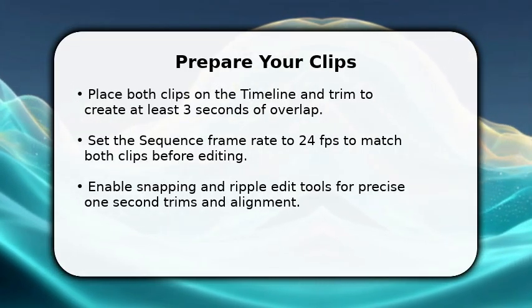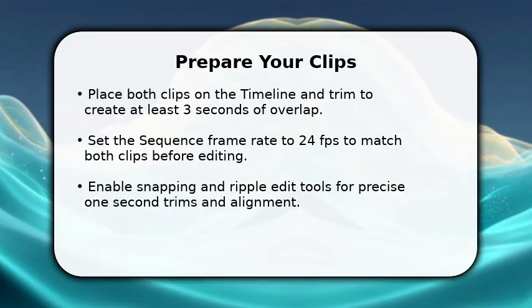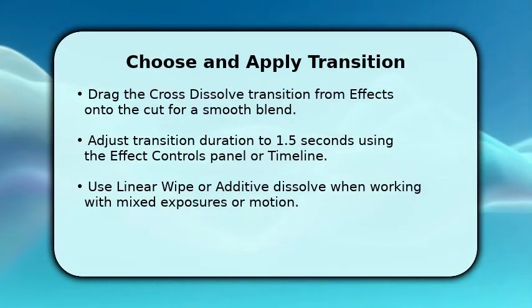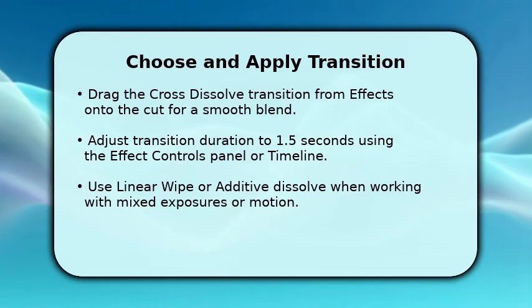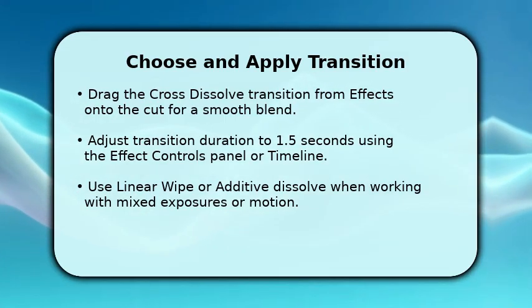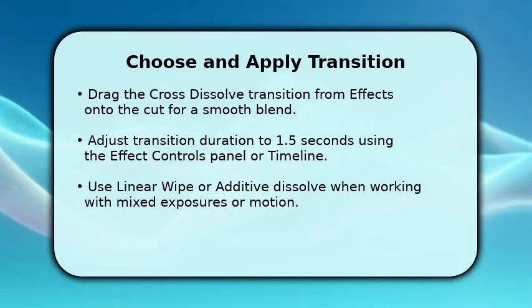Create enough handles in each clip to allow smooth transitions without losing footage. Open the effects panel and drag the cross dissolve onto the edit point between the two clips for a smooth blend. Click the transition in the timeline and change the duration to 1.5 seconds in the Effect Controls panel if